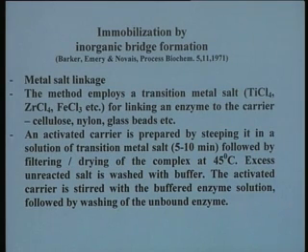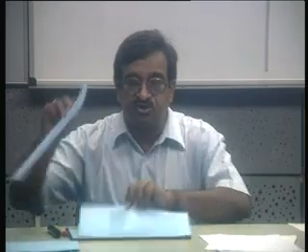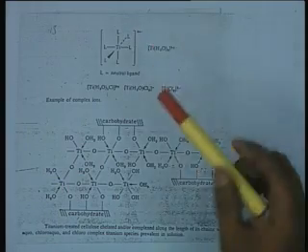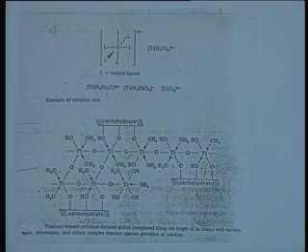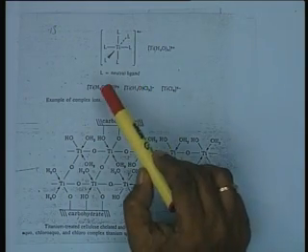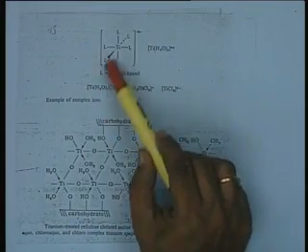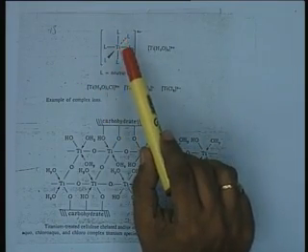This involves 2 steps: activation of the matrix by steeping it in a transition metal salt solution, whereby the transition metal salts form a kind of octahedral complex, and I think the chemistry of that can be considered like this. Titanium tetrachloride will exist in different forms, and the complexes will be dominated by water molecules as the ligands in an octahedral complex form.